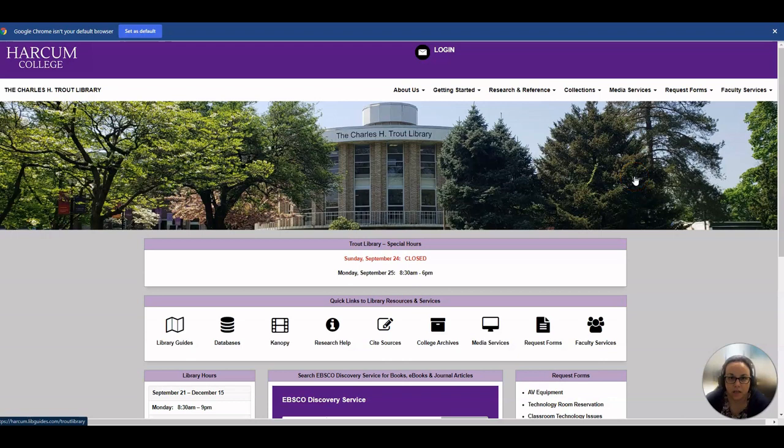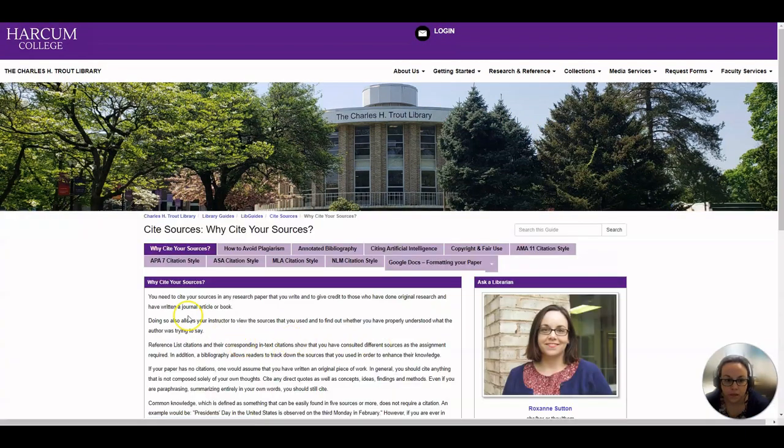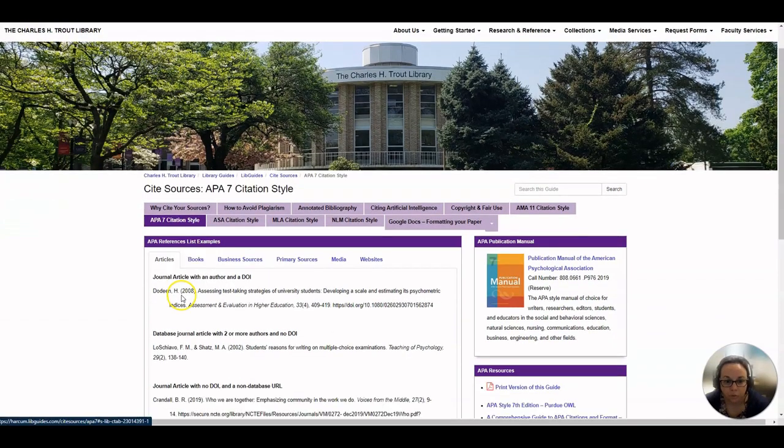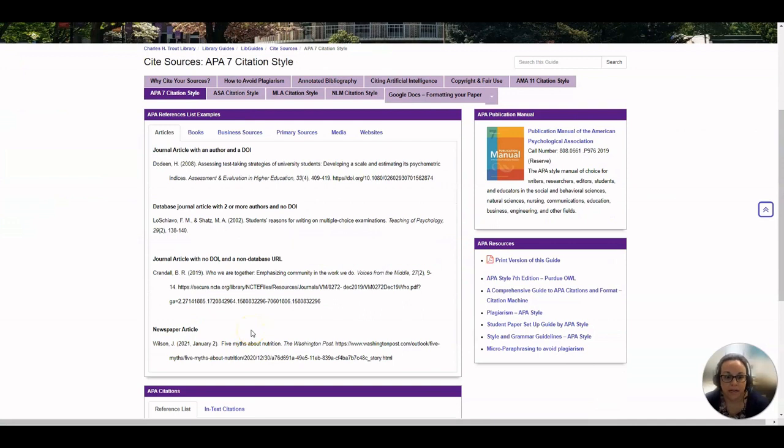Now the very last thing I want to show you is how do you know whether or not the citation that was generated in Academic Search Complete is correct, or how do you cite something without a citation generator. So we have a guide on APA citation style. So if you go to the library homepage and you hit Cite Sources here under Quick Links, and then look for the APA 7 Citation Style tab, we have summarized on here many of the most common citations for the